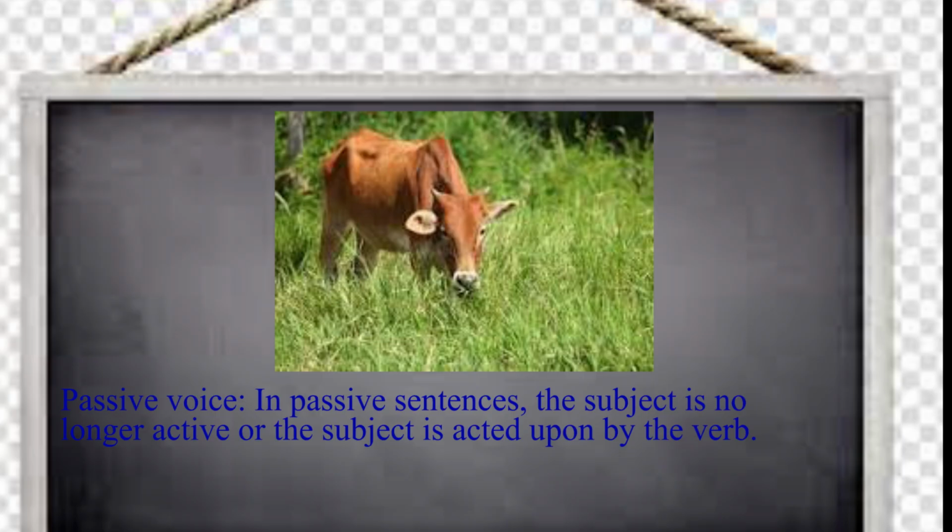So passive form: active is subject plus verb plus object. In passive voice, the object comes first, plus verb, plus subject. Now the object goes first, and at the same time the subject